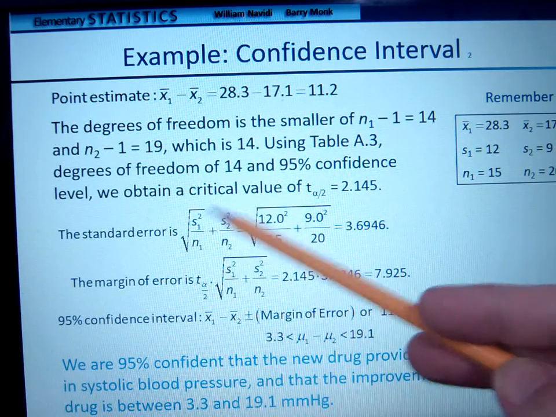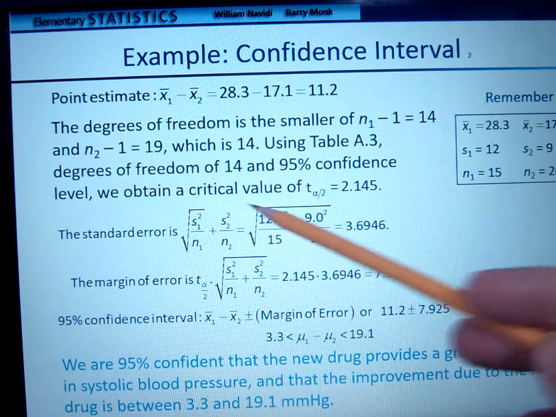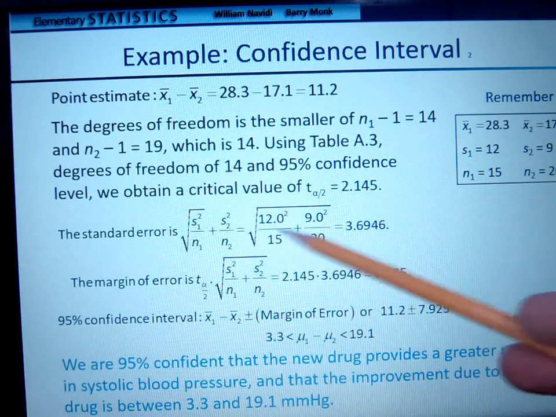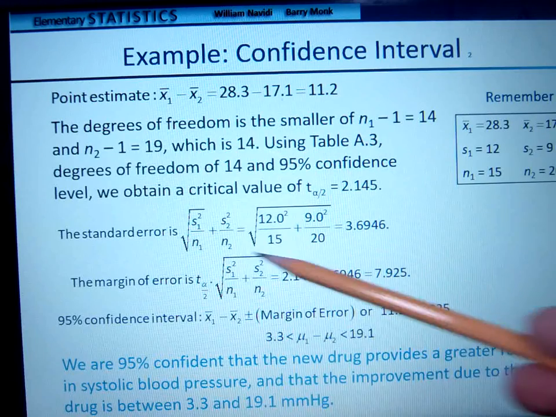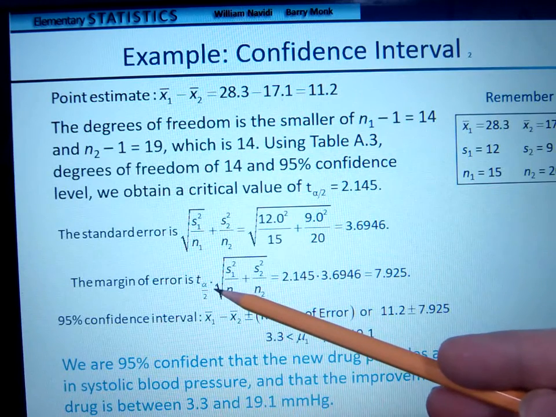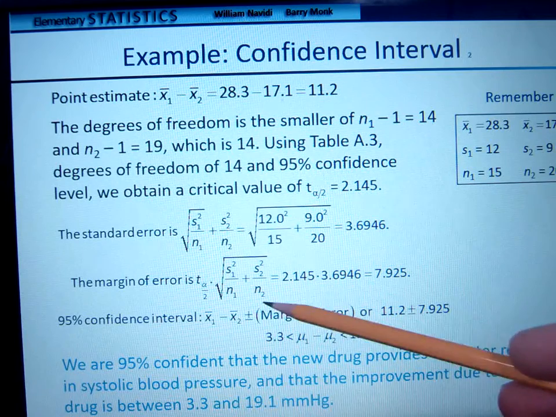So we're going to take a look at this standard error. We're going to figure this out, bringing the square root over top of both of them, adding these two together, and then we get 3.6946. The margin of error would be t sub alpha over 2 multiplied by this standard error. So I get